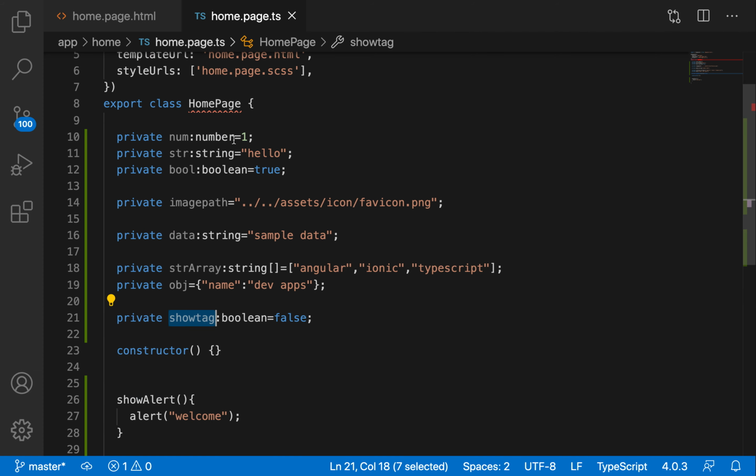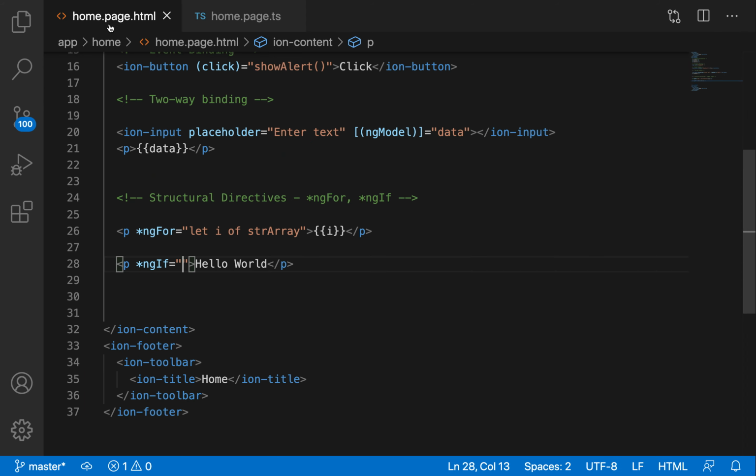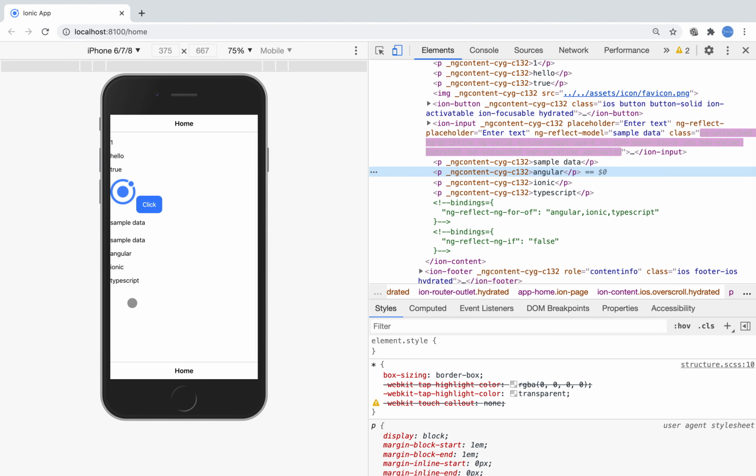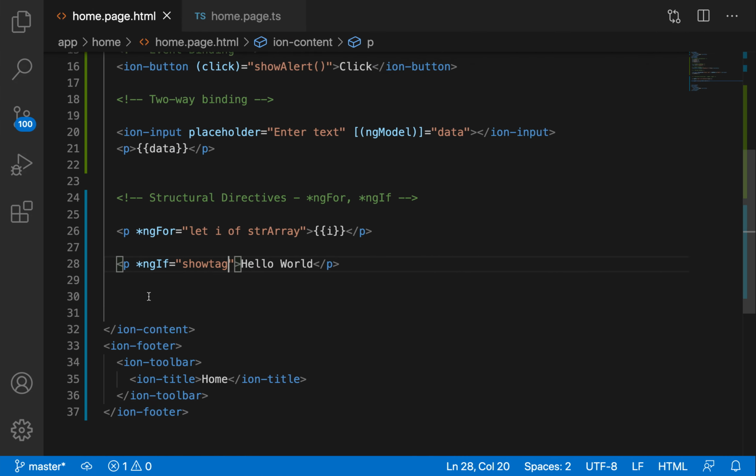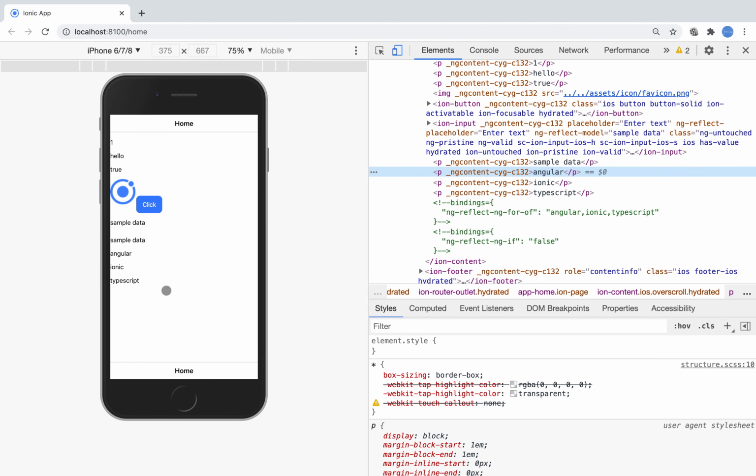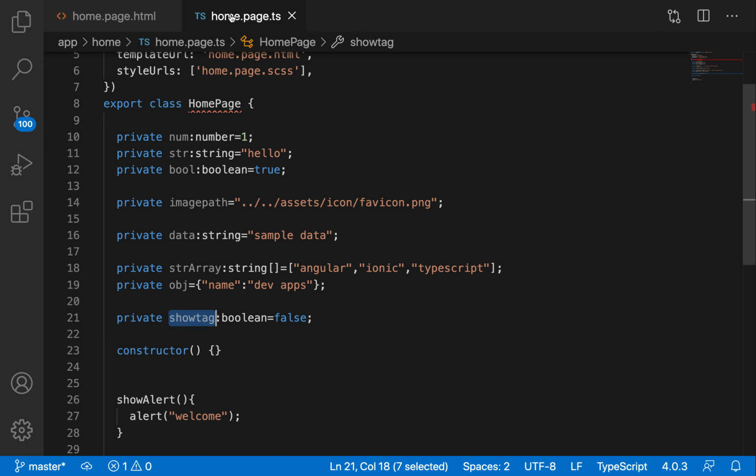Now you can see I have initialized this variable to false, so basically it will hide the tag. It is not displaying hello world because the condition is false. Now I'll change the condition to true.